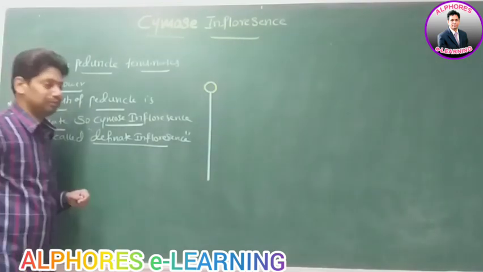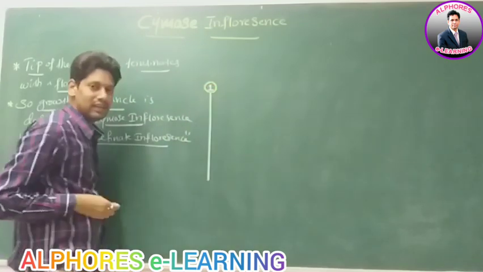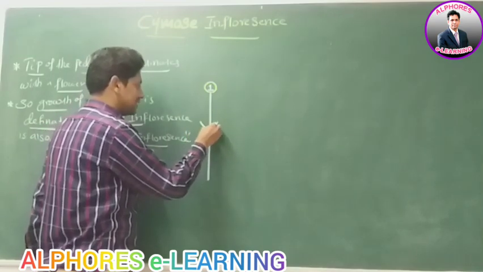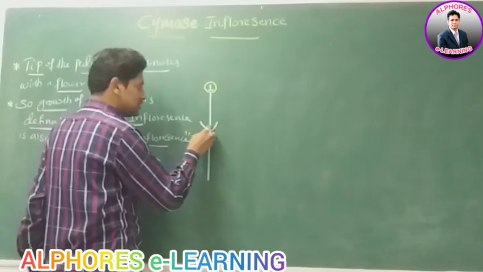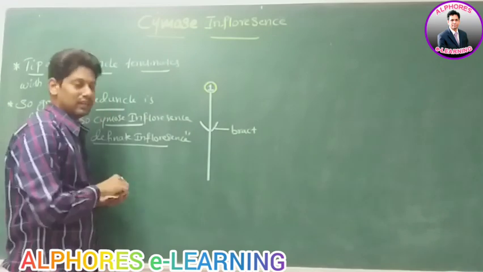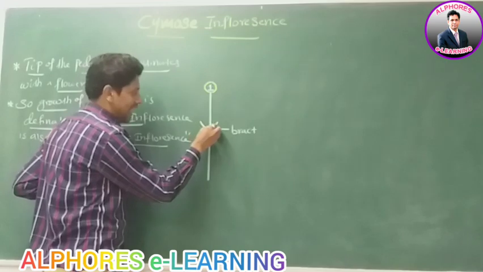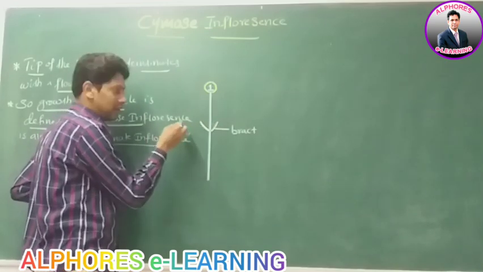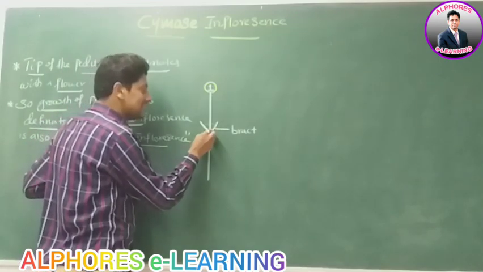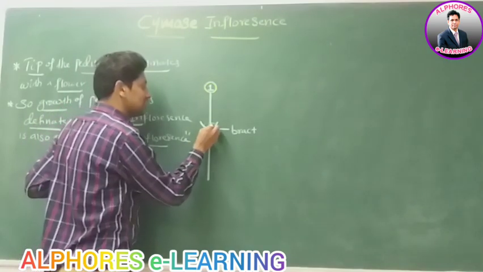Now listen. This is the first formed flower, so I am giving number 1. From the base of this flower, bracts are developed. What are these two? Bracts. What is this one? Axil. From the axil of each bract, be careful,